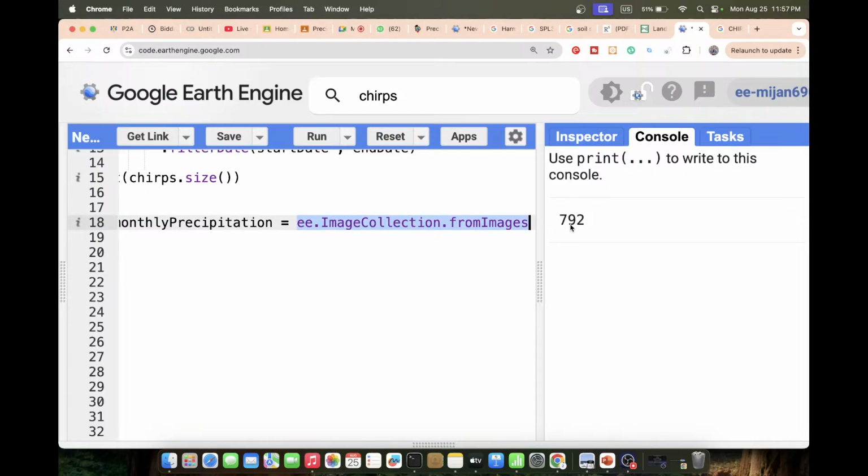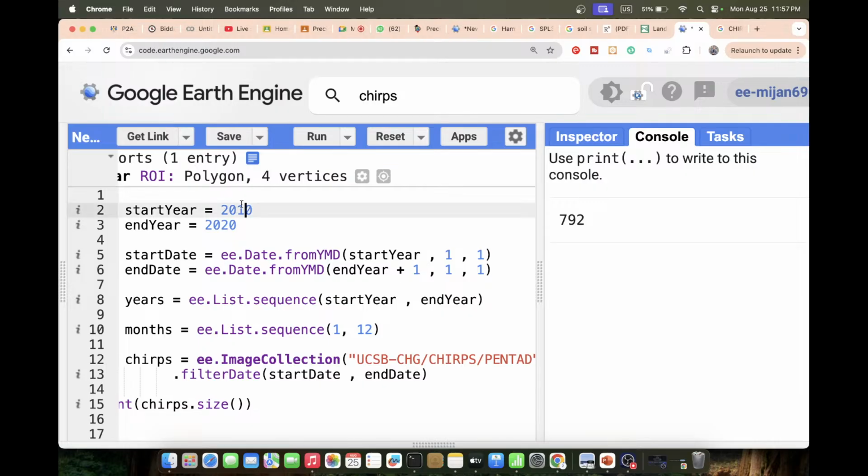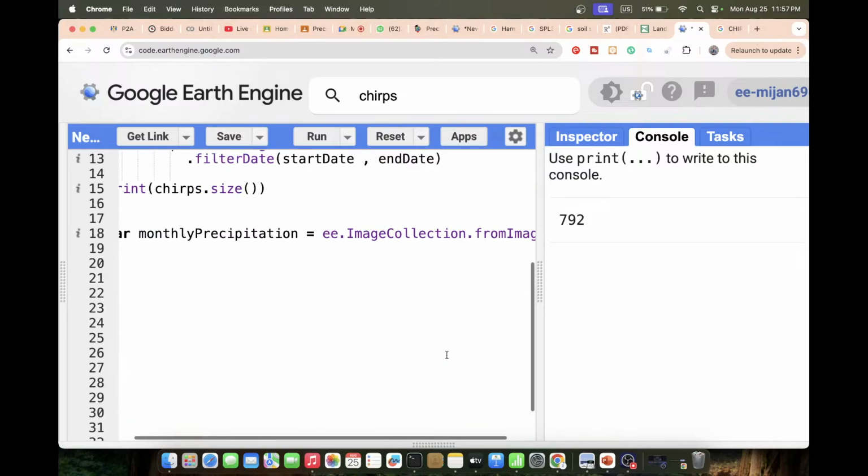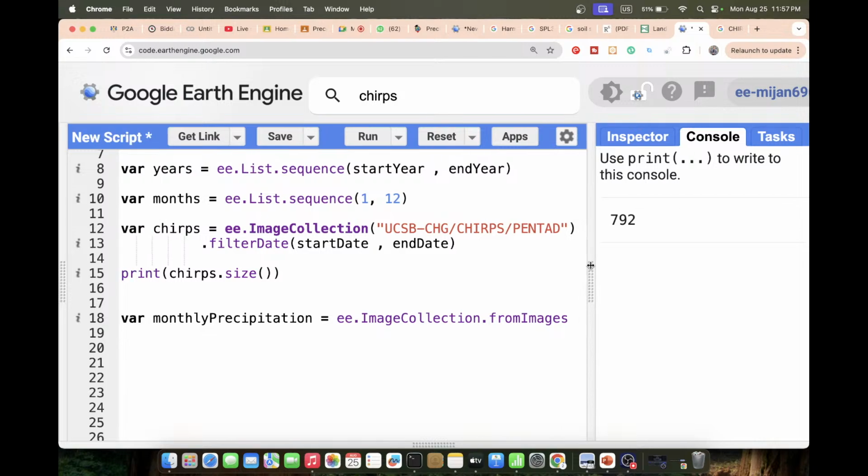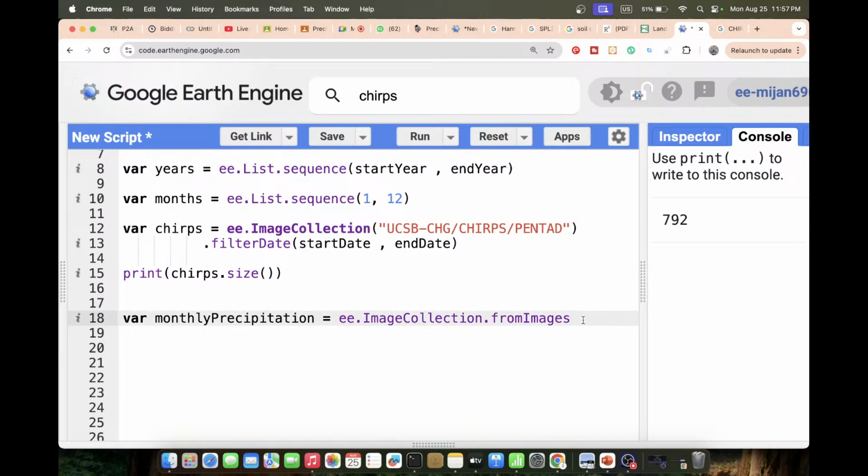Suppose I have a 792-image collection. This image collection I convert into a monthly image collection for each year. I have a total of 10 years of data, 2010 to 2020. For each year, I need to calculate the monthly total precipitation for my study area. So I just use this function, ee.ImageCollection.fromImages, and then